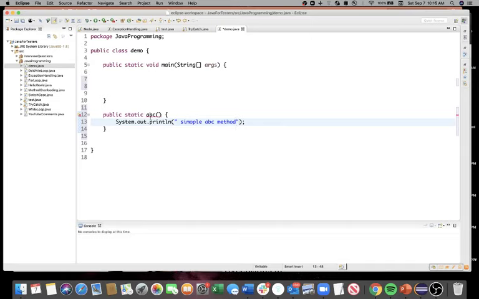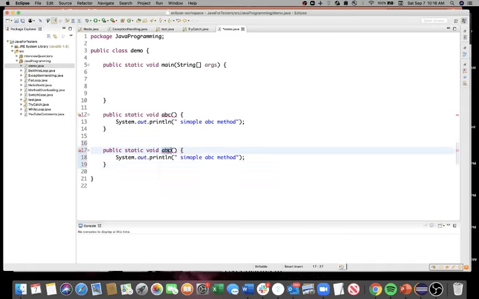So we have the ABC method. See this, I don't have a return type, so the compiler says okay, you don't have a return type, I accept the suggestion, and it corrects it, right? Like checked exceptions. Now similarly, I'll copy paste and add one more method here, xyz,